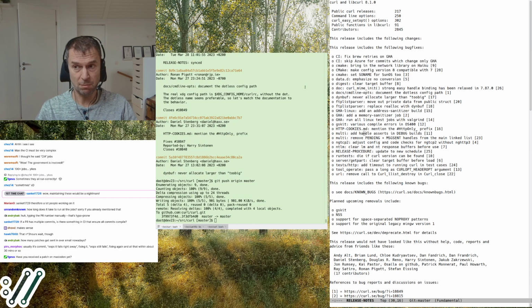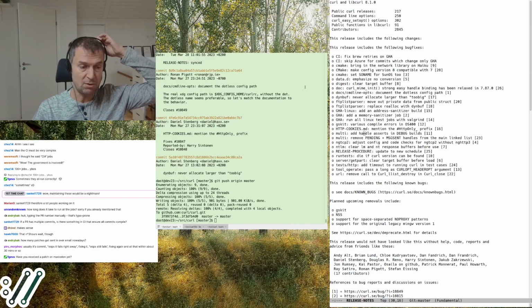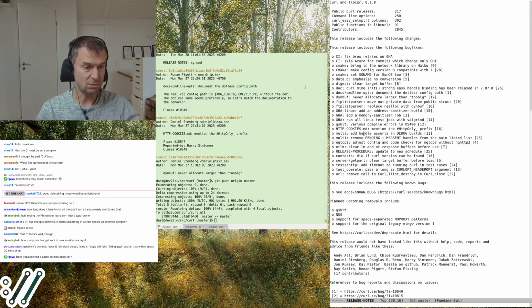I do that even for patches I get over email, because our CI setup is such an elaborate thing that I don't want to avoid that. So no matter how I get the patch, I still want it to become a pull request. So if someone doesn't want to submit it as a pull request, I do it on behalf of them and make sure that it goes green in the pull request before we merge it.